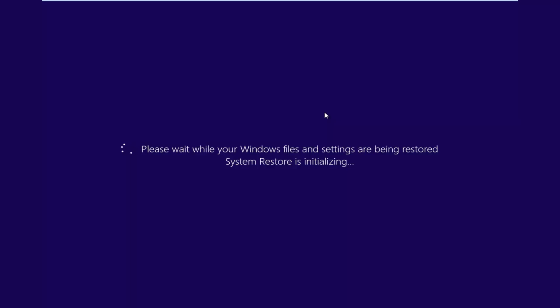But I'm just showing you guys the most general overview of System Restore I can, just showing you how to create restore points, delete old ones, manage the disk space allocated to them, and ultimately how to perform a system restore. So we're going to let this run here for a minute, so just be patient, and I will be back with the narration once we are done with the restore.